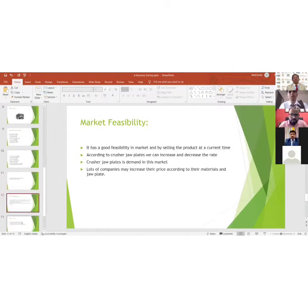So market feasibility, sir. It has a good feasibility, by selling the product at the current time. According to the crusher job plates, we can increase and decrease the rate. And the crusher prices depend more on the market. And lots of companies may increase their price according to the